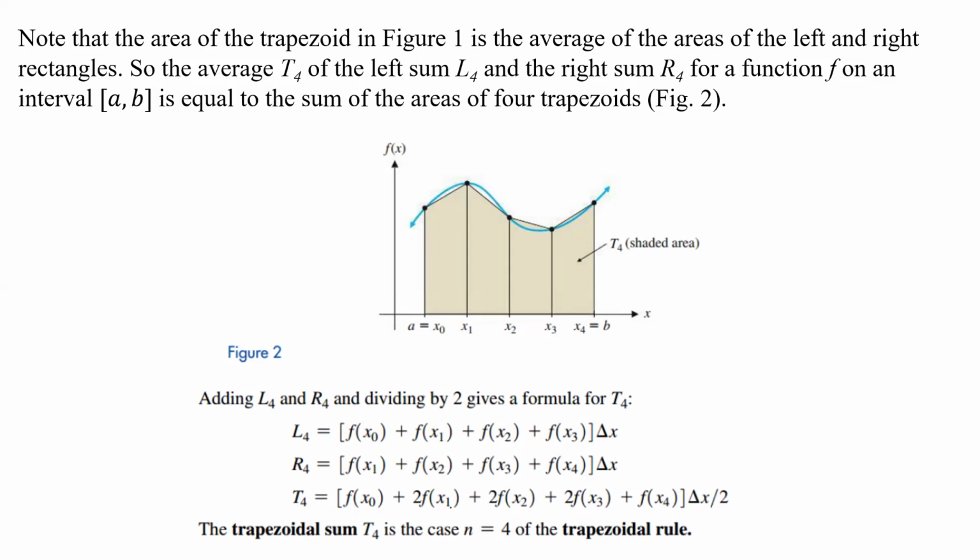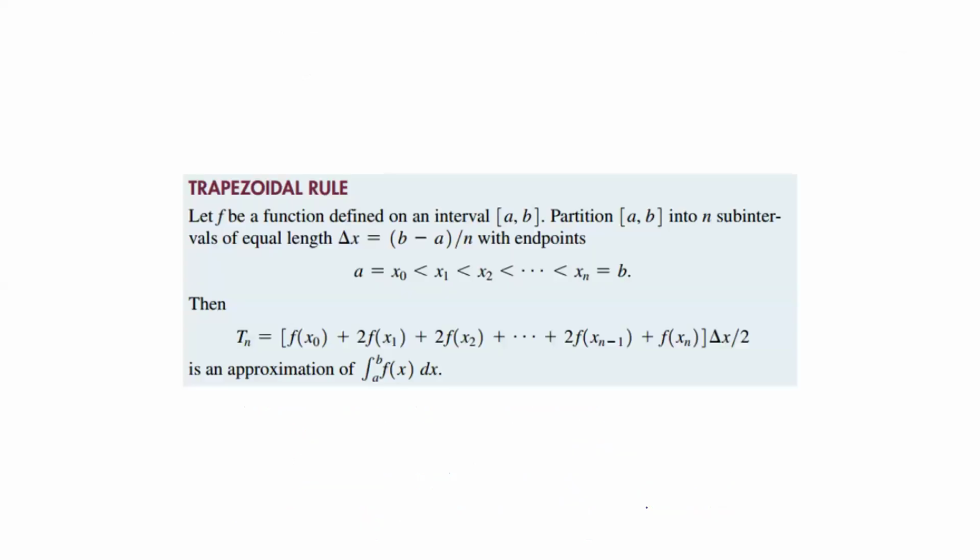And so this is how we find T4 when n is equal to 4 for the trapezoid rule. Now, in general, how do we do it? Well, for the trapezoid rule, let f be a function defined on the interval from a to b, and we're going to partition a to b into n subintervals of equal length. Basically, you take the upper bound minus the lower bound, divided by n, and we have our endpoints a and